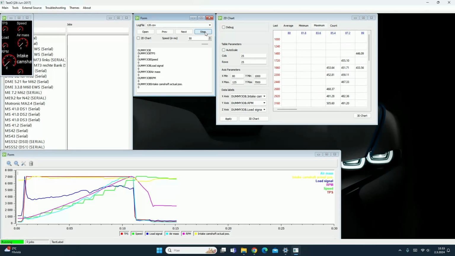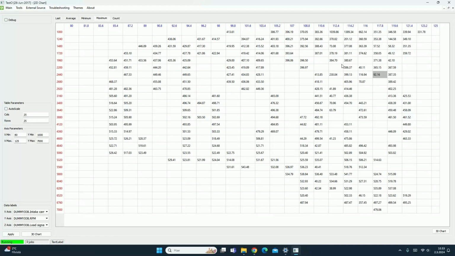Down below you can see the graphs of the runs. These are second gear pulls because there's still a little bit of snow on the ground, and the speed limit is 80 near the road where I did the pulls. Here we can see the values. These are 500. If you go higher too early, it will fall to 400. You can eyeball the line there and just use the correct injection timing to get the highest value you want.